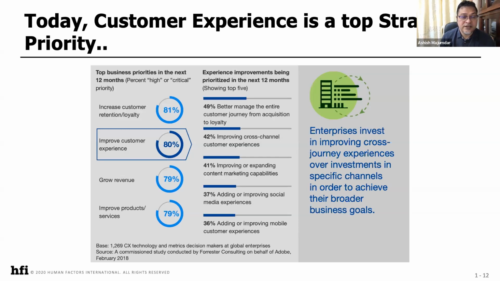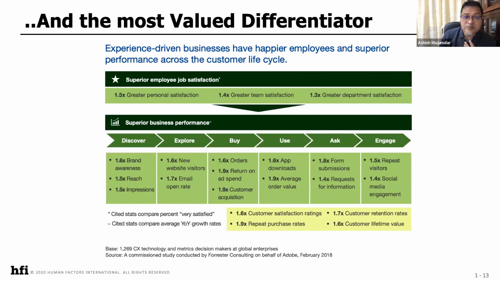Enterprises are investing money into uplifting the experiences of not only their end customers, but also their internal customers, their internal employees. Because people have realized that there is a person out there in my ecosystem or outside my ecosystem who's demanding experience, right? So today it's the most valued differentiator as an internal as well as an external facet